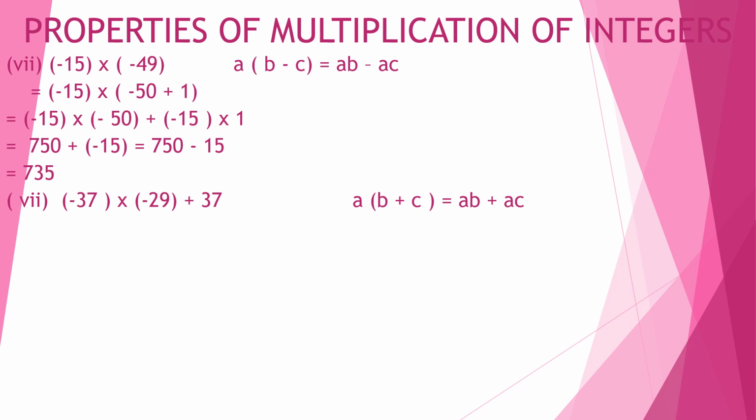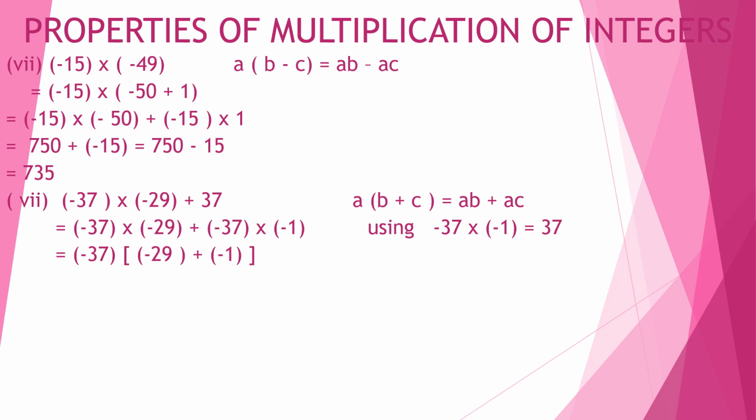Now let me do minus 37 into minus 29 plus 37. In both these cases, I can take minus 37 as common only if I write 37 as a product of negative 37 and minus 1. So I do minus 37 into minus 29, and in place of 37, I am writing minus 37 into minus 1. Now I take out minus 37 common and I have minus 29 plus minus 1. Now minus 37 into minus 30. This comes out to be equal to